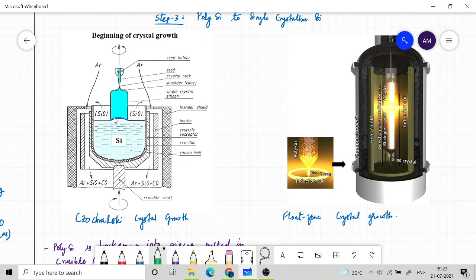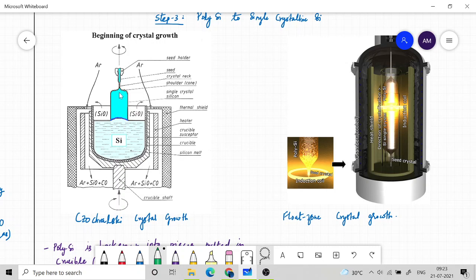Okay, successful doping happens only when the boron atom replaces the silicon atom and takes its place in the silicon crystal. Okay, and similarly it is with respect to n-type impurity also. Okay, so you can introduce dopant material into this crucible and make it n-type or p-type. So that is another thing.